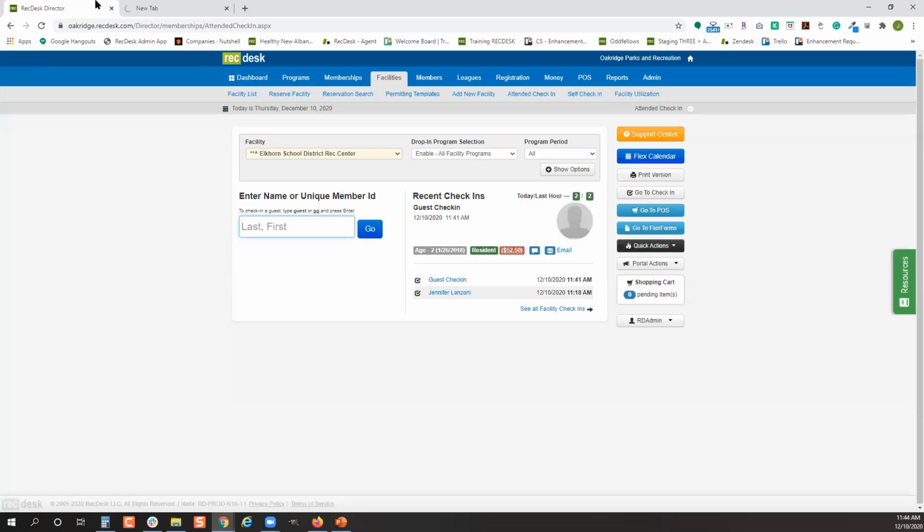Some of you have Musco lighting to turn the lights on automatically at your fields or your courts, or even some of you use it for your building. Musco now can connect with RecDesk so that we can connect to your facilities. So if you have a program running or if you have a reservation going on, that it can trigger to